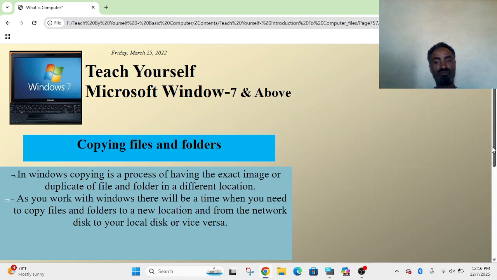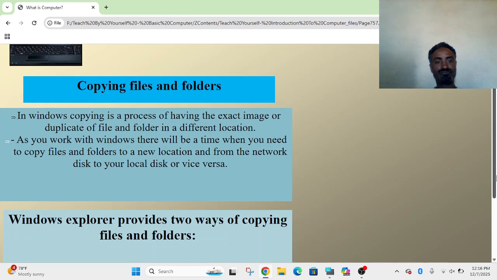Copying files and folders. The same applies to your flash disk. To transfer, for instance, from your flash disk to the computer, first select the file that is placed on the flash disk, then Control C helps you copy. X is cut, or right click, Control X. Then in the place you want to place it, you have to right click and paste, or you can use Control V.